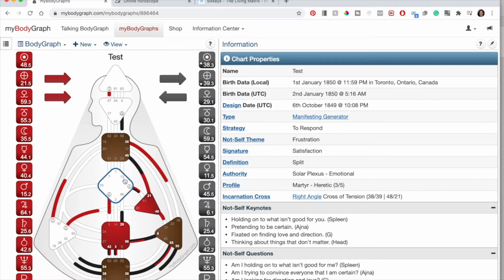If it doesn't, don't worry, it will eventually. But that's what you want to look for, is big changes in the centers and especially in the type. And at first, I know it's a lot to look at. So it's easy to just look here at the type. Check out the incarnation cross, check out the profile, check out the authority, and check out the type, and just see if that changes throughout the day. Because when you're initially just working with readings, that's good enough to look at those things, right? Because you're not going to be going into detail with all of the planets and everything, or even the gates probably at the beginning.